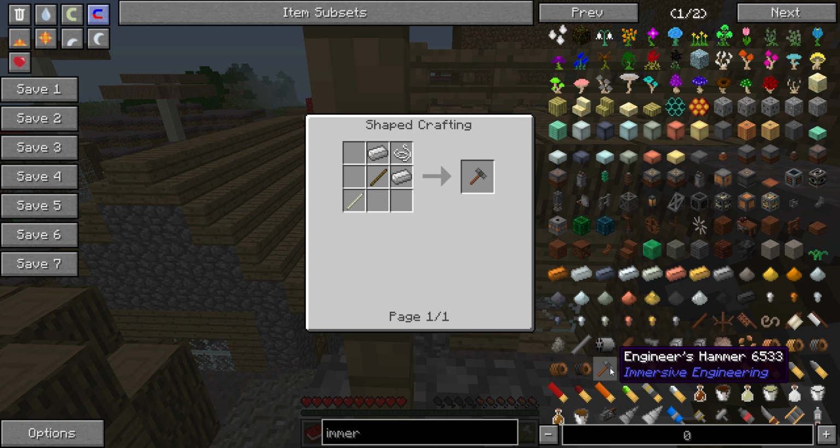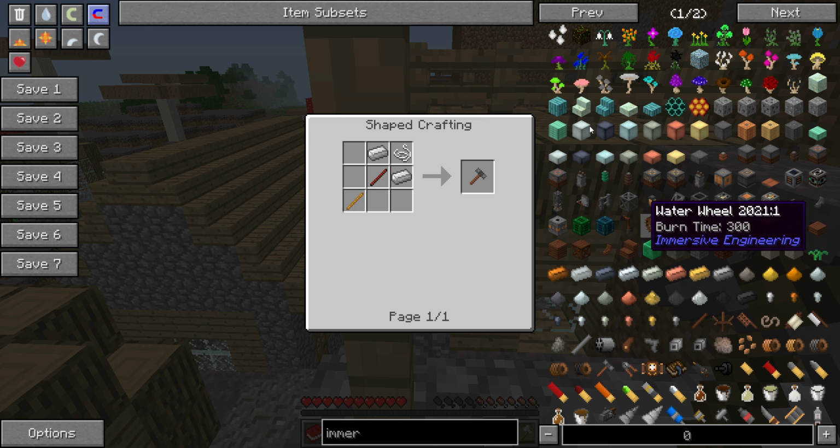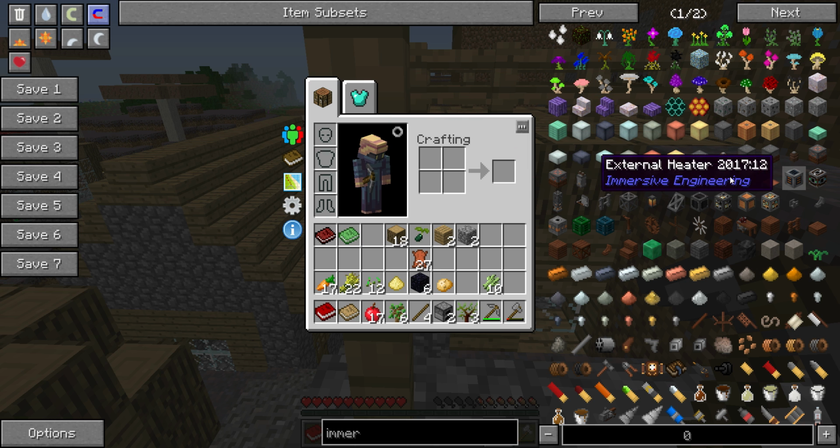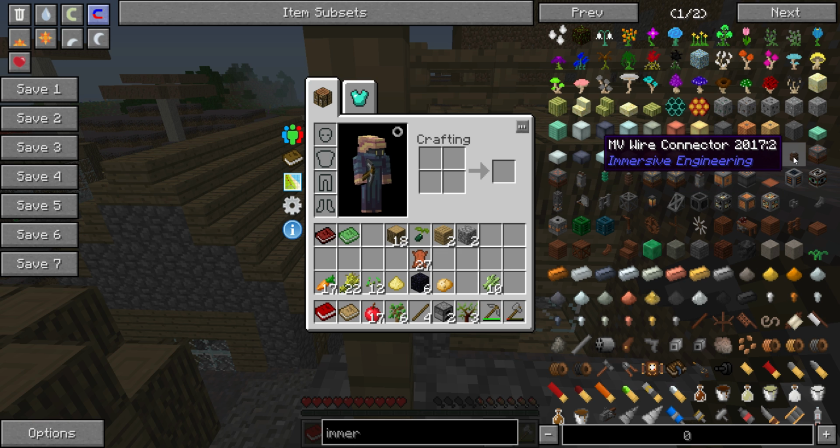There it is. Now for me, these should be changed to plates, but I'm not going to be nitpicky on that. It's 2 sticks, 2 iron ingots, and a piece of string. Make sure you get the piece of string from somewhere. If not, you can grow string. You need string for Immersive Engineering anyway, and you have to go through Immersive Engineering. So, also,